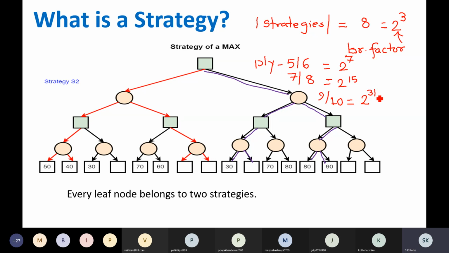If you can recall, minimax looks at each node in the game tree exactly once, and it moves in depth first manner. Alpha beta searches in depth first manner but prunes part of the game tree. SSS star searches in best first manner, not in depth first manner, best first manner. Remember this, and explores even smaller part of the tree, visiting each node exactly once. So it starts with number of strategies and refines those strategies and finally arrives at the best strategies.